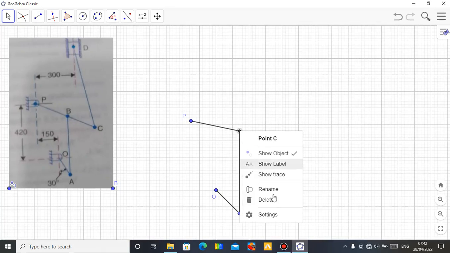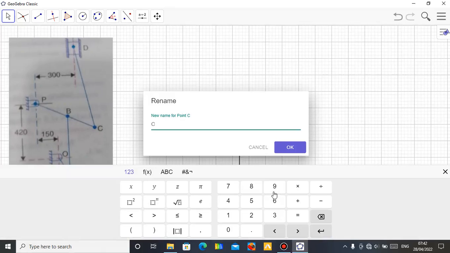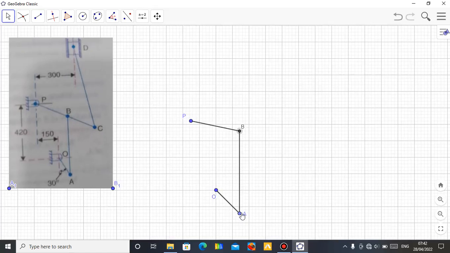Let me label it, right click, rename, call it B. Okay, so let's move point A and see how it moves B. As I move A, you can see the way B moves up and down. So now we can connect